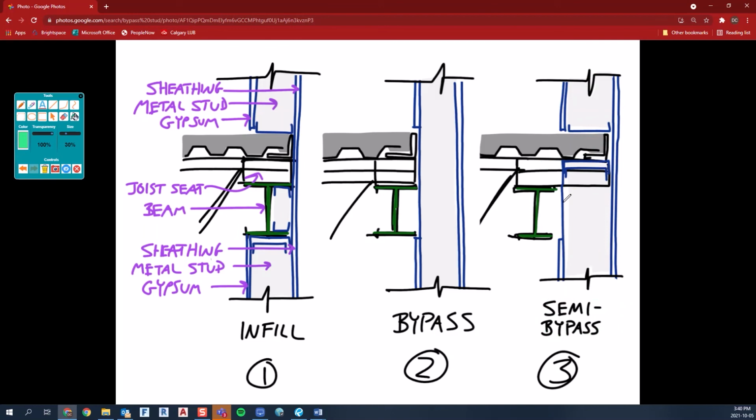I like it because you get the benefits of a bypass system. So if this was the roof structure up here, then I would still keep the roof structure cut off right there, right? And then you can extend that stud up and get the benefits of doing the bypass stud for the taller parapet without adding steel. But at the floor level, I guess the benefit of doing this is you don't mess up sequence of trades coming to site, I suppose. They typically work floor by floor, so it's still the traditional approach, I guess, of framing, and they can go floor to floor. You don't have to worry about that fire stop issue,